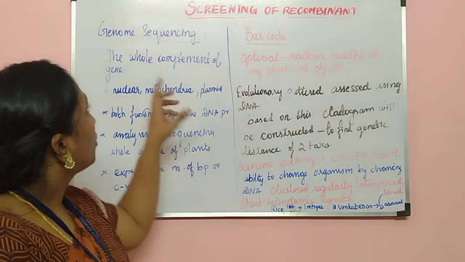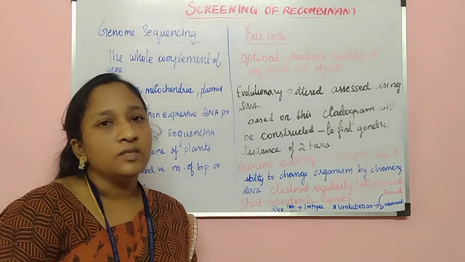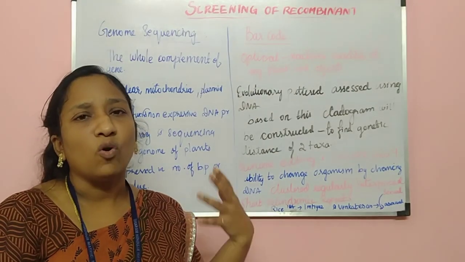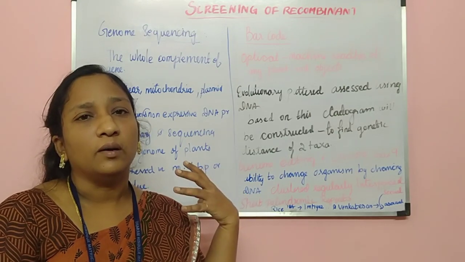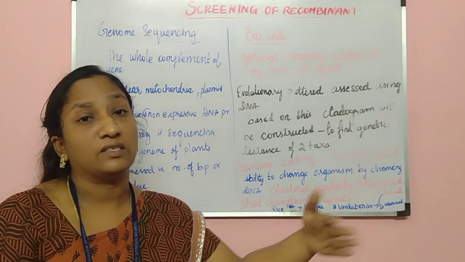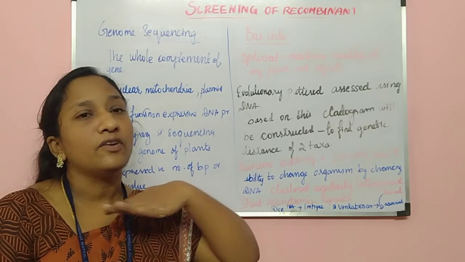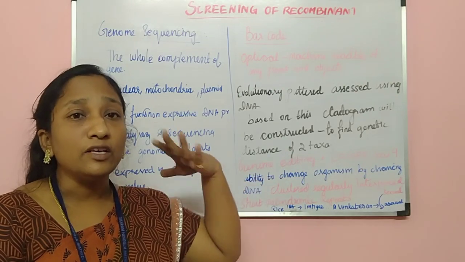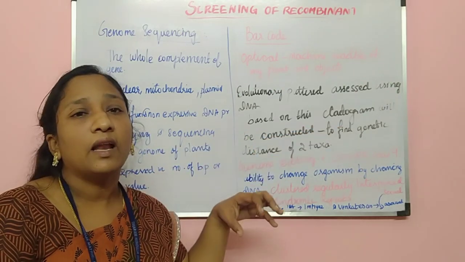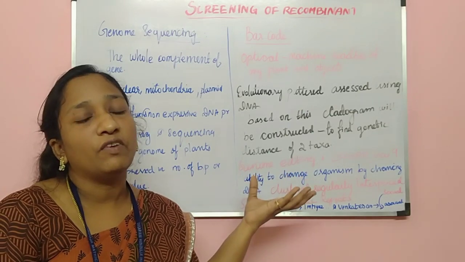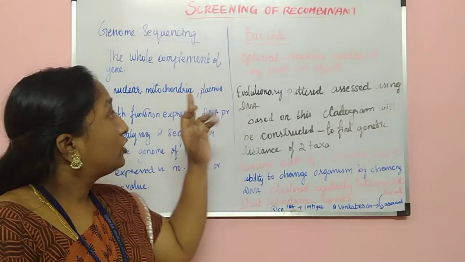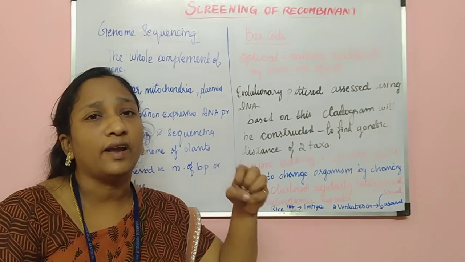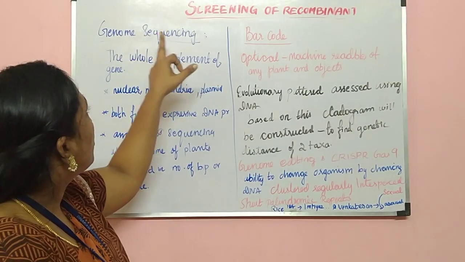Children, now we are going to learn about genome sequencing. Do you know what genome sequencing is? It is arranging all the genomes of particular plants. For example, if a class has 100 students, all the genomes of the 100 students should be collected. If the entire school's student genomes are collected, we can call it a gene pool. Genome means a whole complement of genes that should be collected, sequenced, arranged and stored. So it is called genome sequencing.